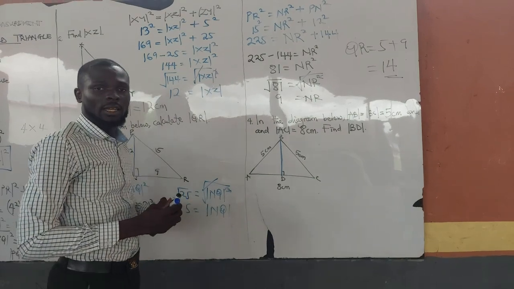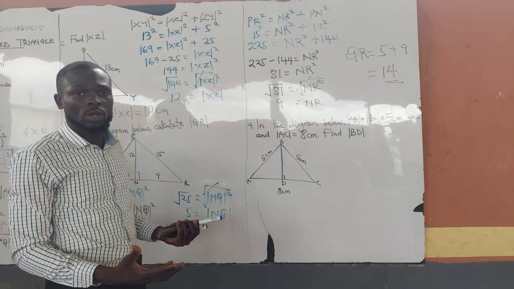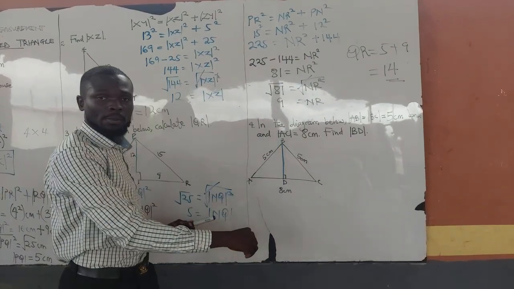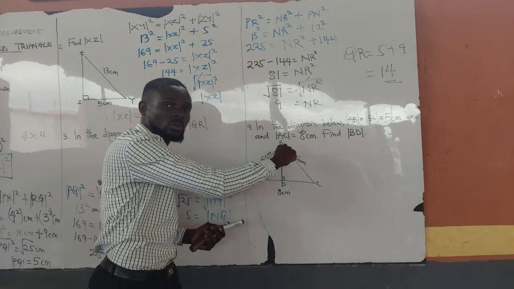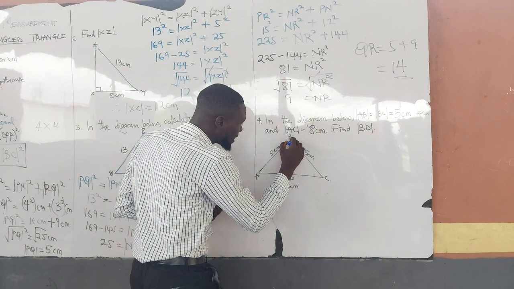We want this side. But how can I know? And how can I solve for it? Once there is a 90 degrees symbol there, or the triangle is at right angle, then we use the Pythagoras theorem. So let's take this side